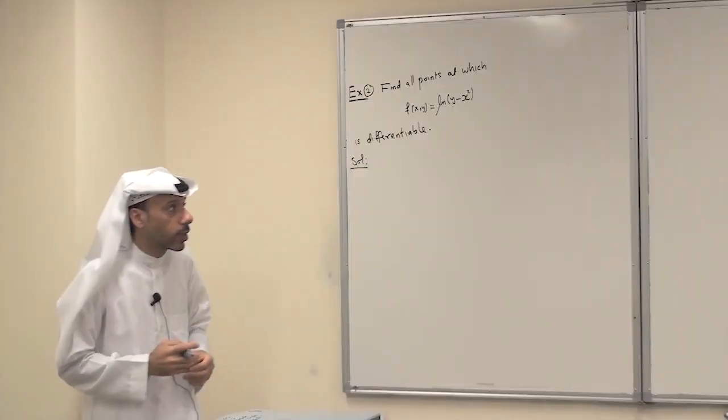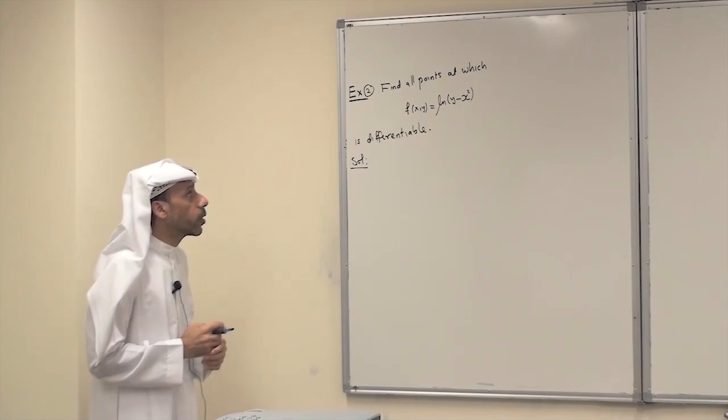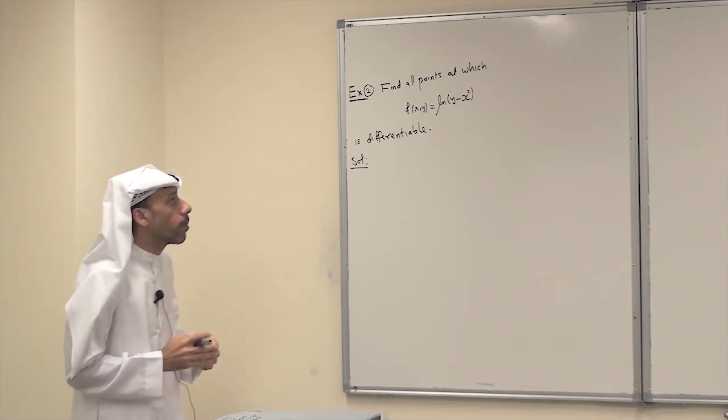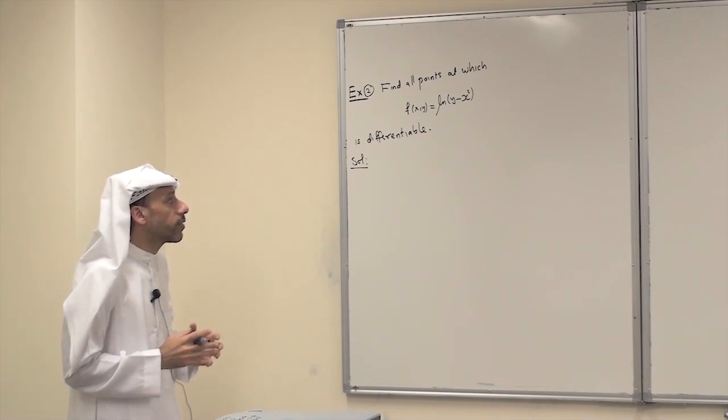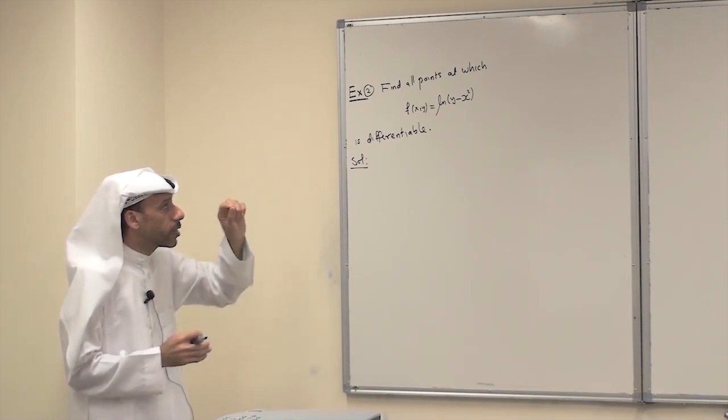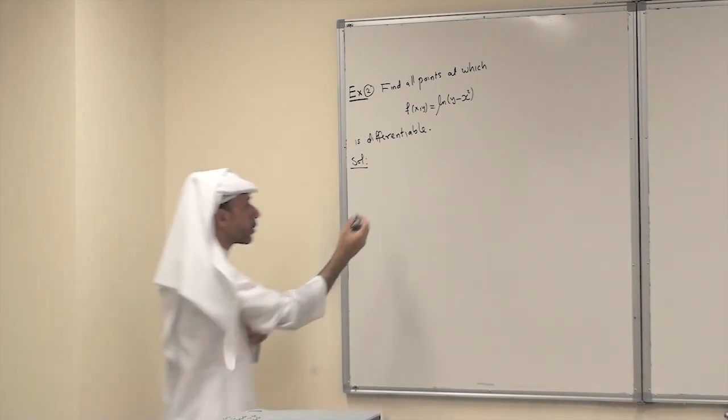Let's consider the following problem. Find all points at which the function f of x, y equals ln of 1 minus x squared is differentiable. The first thing here, we have to find the domain of the function. Just the domain